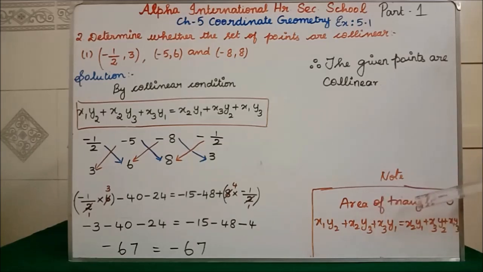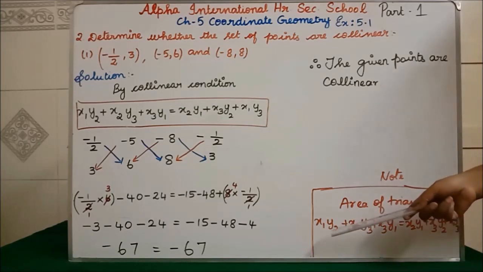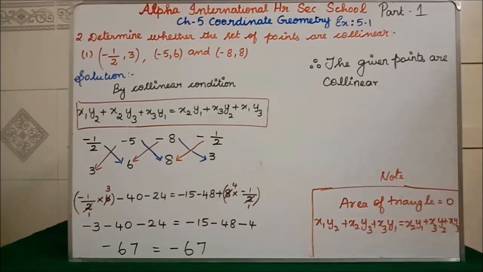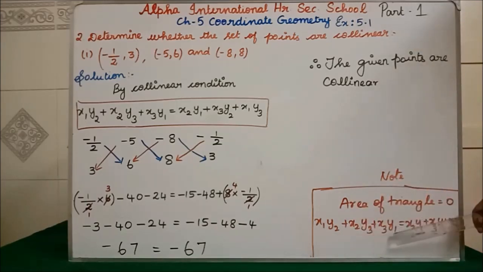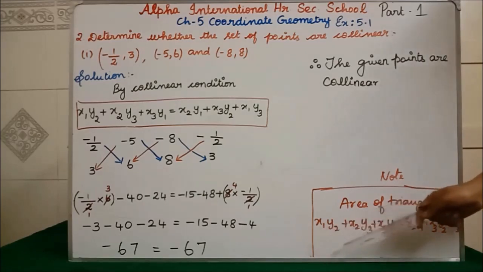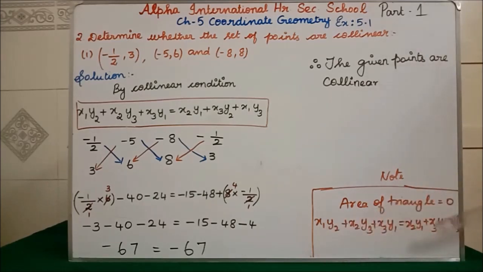Once you have to put area of the triangle equal to 0, or otherwise we can straightly write this as formula and we can just substitute the value I have told you. Isn't it? Now x1 y2 plus x2 y3 plus x3 y1 equal to x2 y1 plus x3 y2 plus x1 y3. We are going to use the second method. If you need you can do with the first method also. Both are same and both are correct. This is the easiest method, so we are going for the second method.